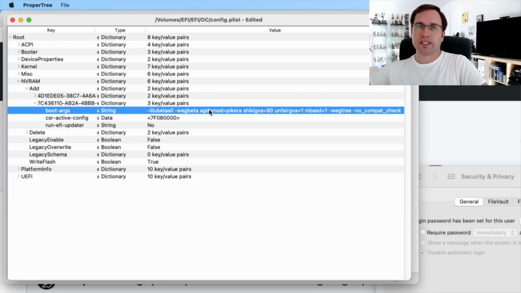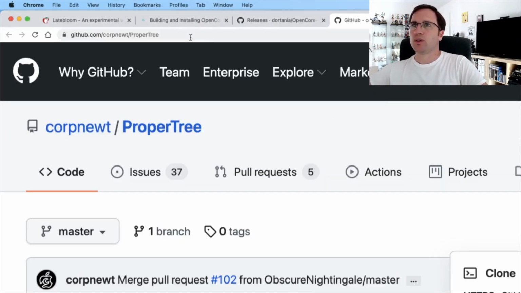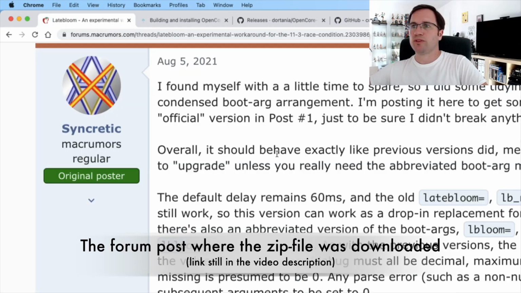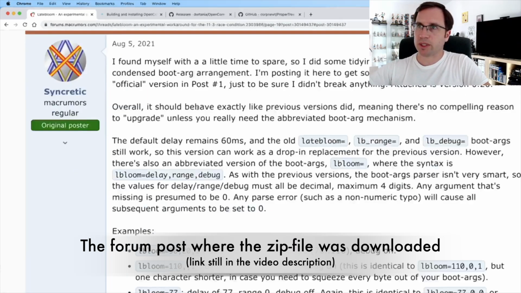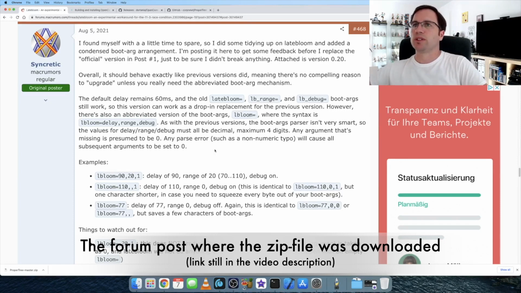And you can configure LateBloom, how many stops it should do, how long the stops should be, and all this. So therefore, we go back to our LateBloom forum website, where we downloaded the zip file. Let me just zoom out a little bit.